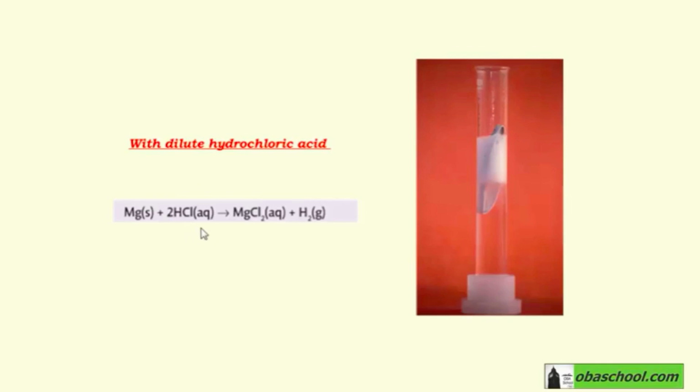Since magnesium reacted with hydrochloric acid, as we said before, when a metal reacts with hydrochloric acid, the salt obtained should be a chloride,